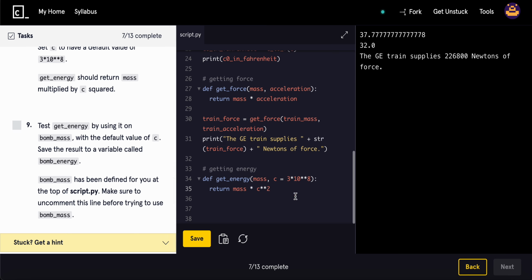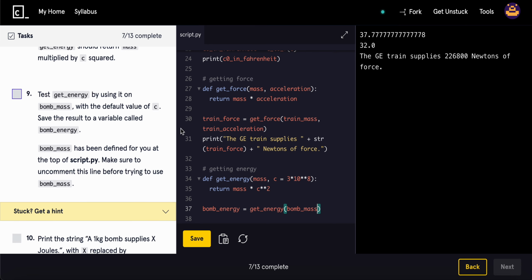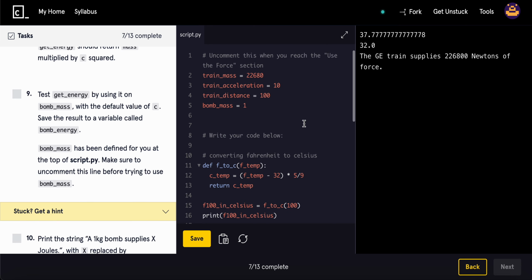Test get energy using the bomb mass with a default value of c. Save the result called bomb energy. Okay, so bomb energy equals get energy, and then we have the bomb mass, and then the default value of c. Okay, and then bomb mass has already been defined, so make sure you uncomment it. Yep,